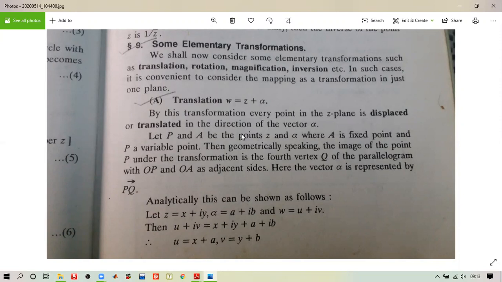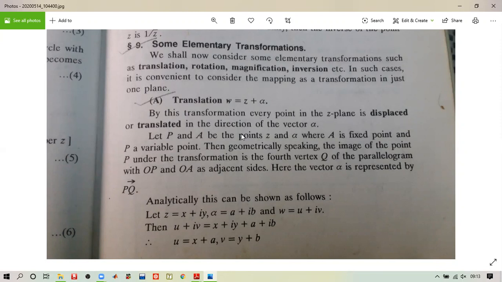For this, we shall consider some elementary transformations such as translation, rotation, magnification, and inversion. In such cases, it is convenient to consider the mapping as a transformation in just one plane. For example, first of all, we are going to discuss translation, where we can take omega equals z plus alpha. By this transformation, every point in the z plane is displaced or transferred in the direction of the